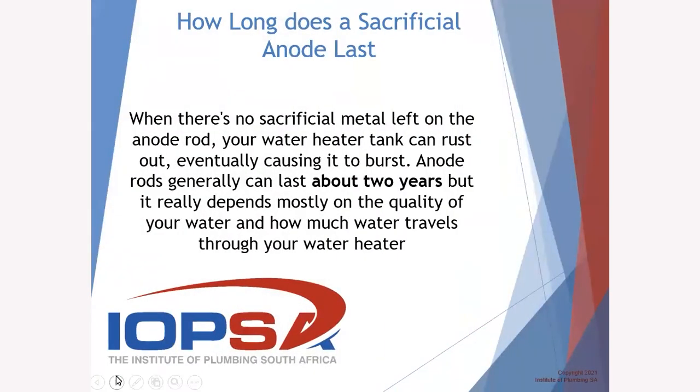So how long does the sacrificial anode last? First of all, when there's no sacrificial metal left on the anode rod, and you've only got that little sticky blow dart, your water heater can rust out, eventually causing it to burst, which I explained in the previous